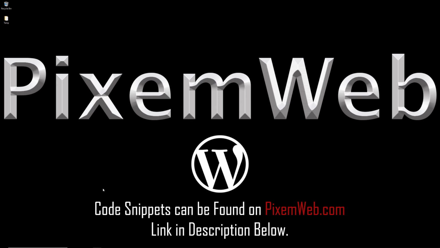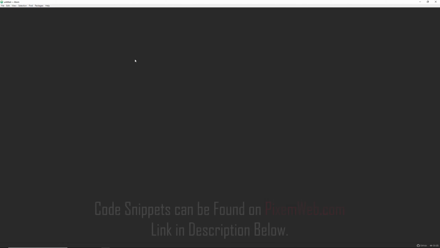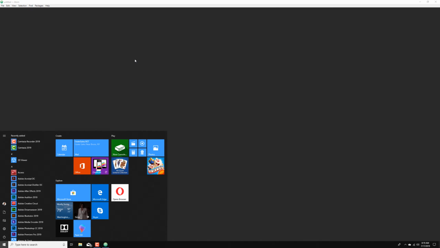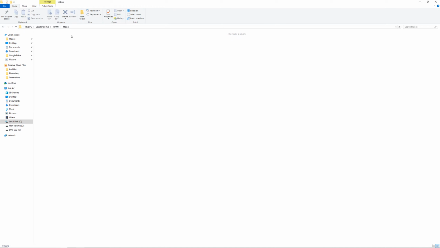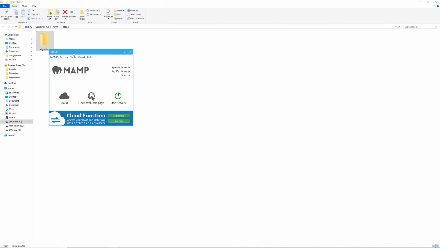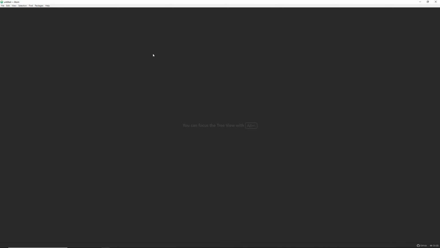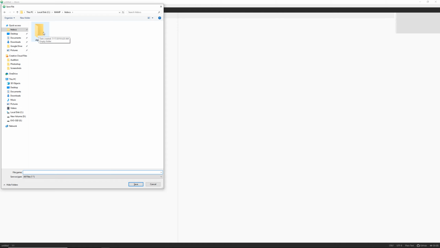Alright, so for this demonstration, I'm going to be using the Atom text editor. I'm going to start up my local web server, and I'm going to go to my files folder. I'm going to go into my htdocs folder here. So what I'll do here is I'll create a new folder, and I'm going to call it algorithms. Then I'll go back to my text editor right here. I'm going to create a new document. I'm going to save it inside my algorithms folder right here, and I'm going to call it